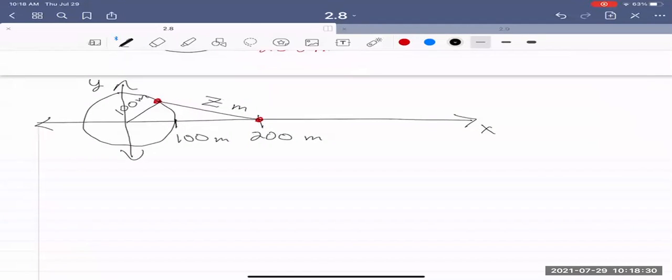And I'll call this angle here theta. And I'll call this length here S. Okay, good. Well, maybe I'll put the other. This is 100, negative 100, and negative 100 at each of these locations. Okay, so